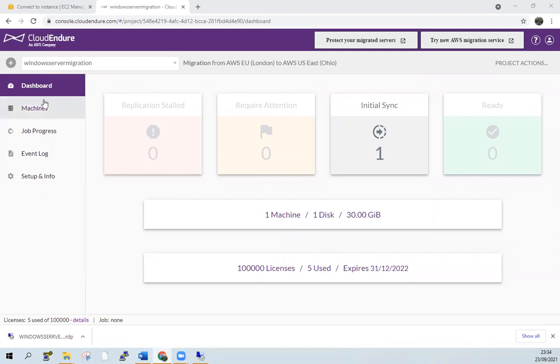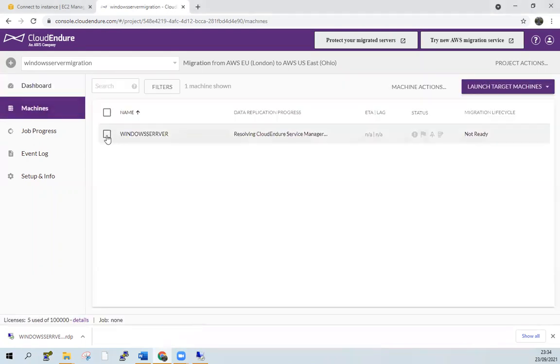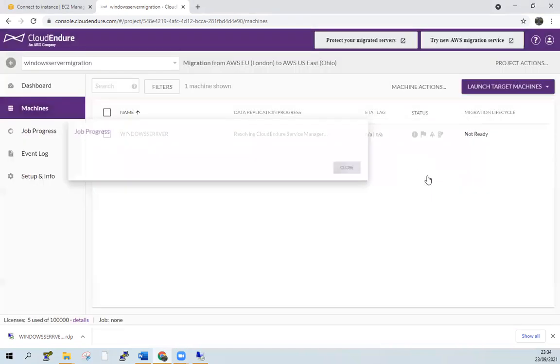Now you can see in the CloudEndure dashboard page, initial sync has started now. You can see your server as well, just not ready yet. It will take its time now. I'm going to pause it again and will come back once I am ready to